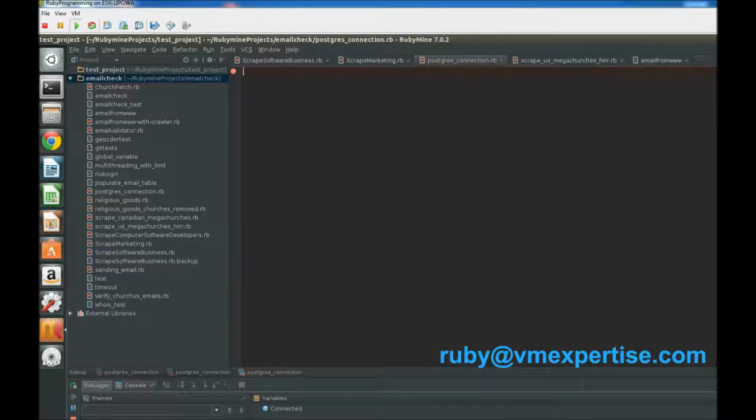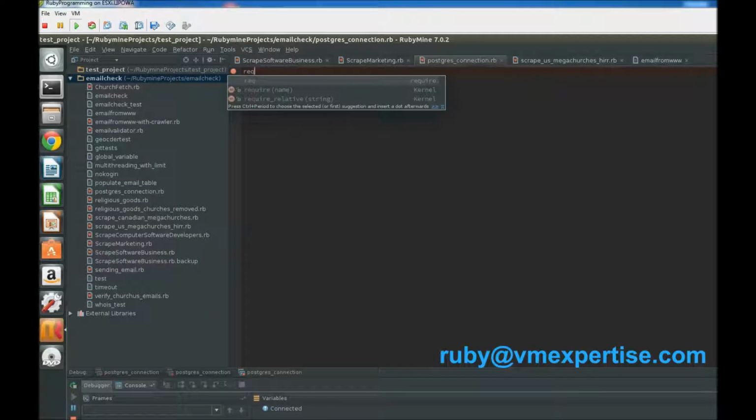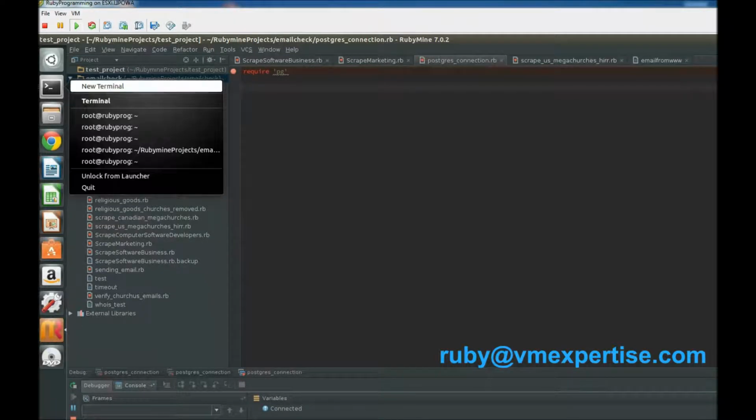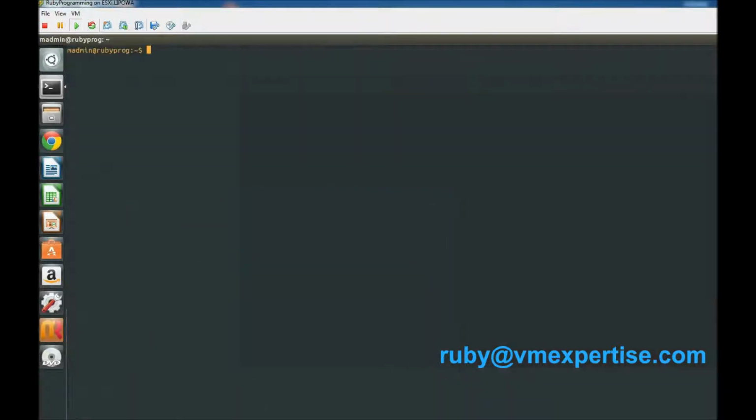So let's try connecting from Ruby to Postgres. First thing you are going to need is your gem called Postgres, and you need to say require. Require, the name of your gem is PG, which stands for Postgres. Quite easy, right? If you are not sure if you have that already installed, you should